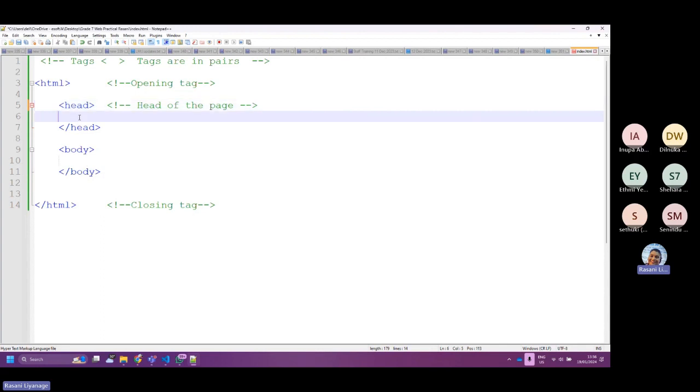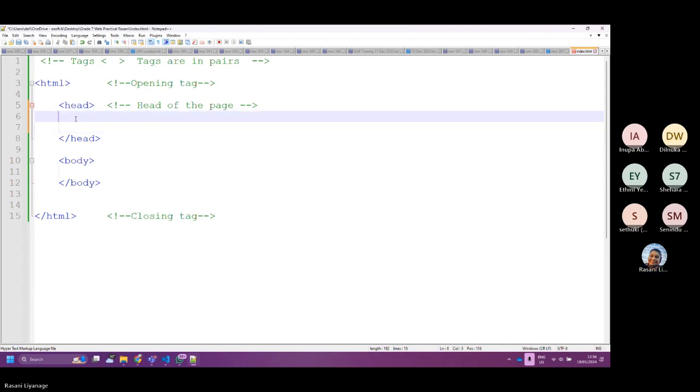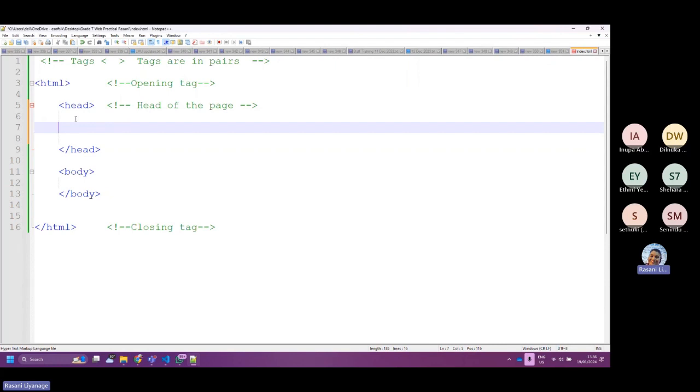That's called the title. Now everyone come to this place, correct? You have to come into head, the opening tag of head. Press enter. And you have to be in between the opening tag of head and the close tag of head.